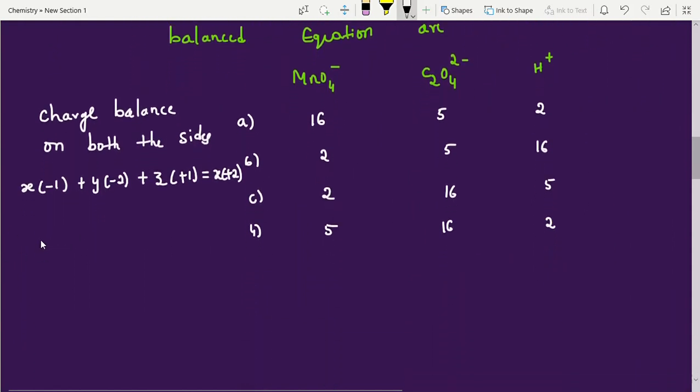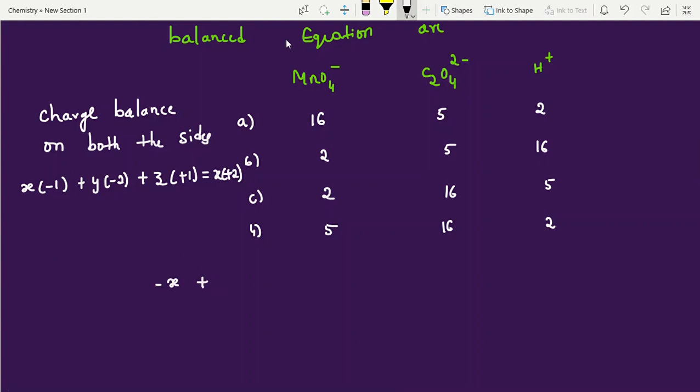So now calculate. I am writing here minus X plus minus X, yes, minus X minus 2Y, right? It seems to be clumsy, that's the reason writing down minus X minus 2Y plus Z equal to 2X, right? So now you have to substitute all.